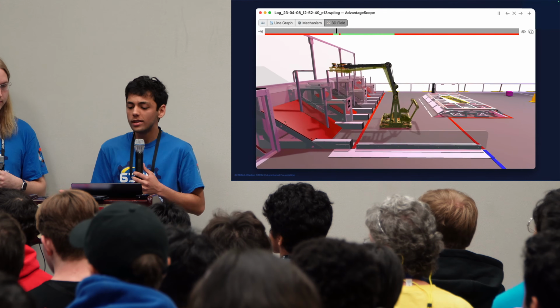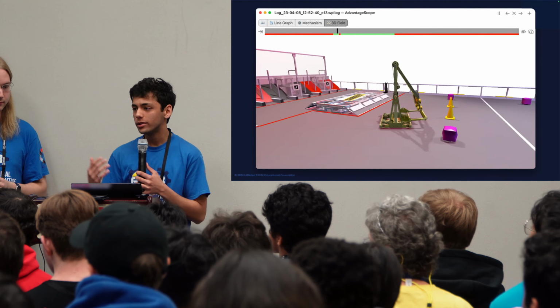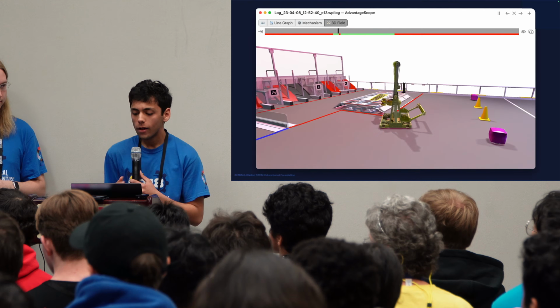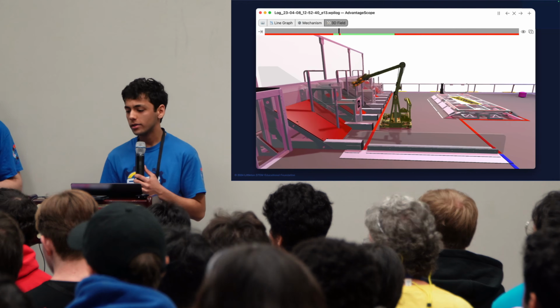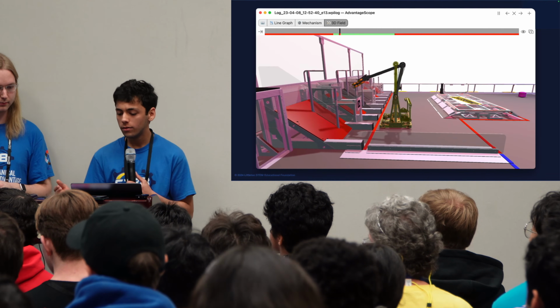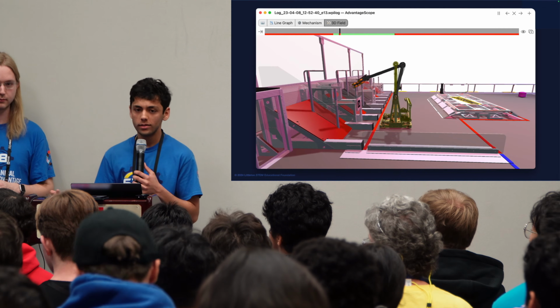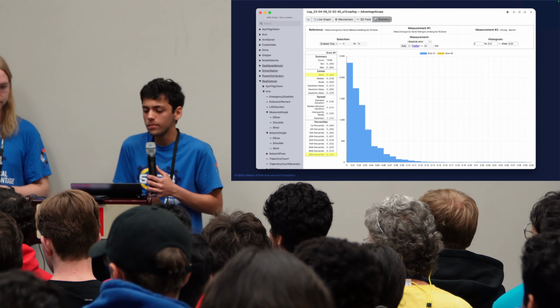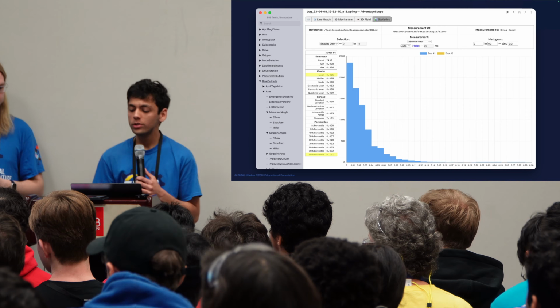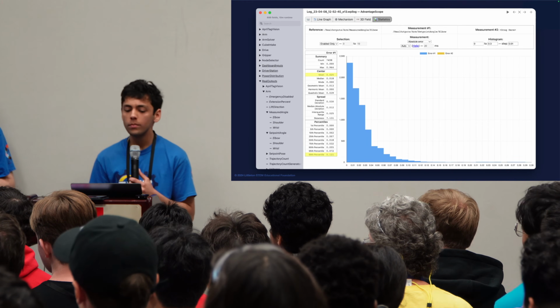And this obviously just makes it easier to visualize what's going on with the robot, how it's interacting with the game pieces, the field, etc. AdvantageScope can also connect using NetworkTables, so we can see this data live during, for example, a drive practice or a practice match. One other visualization of this data is that we can create a histogram and other statistics